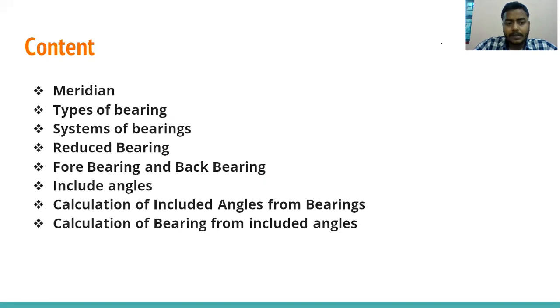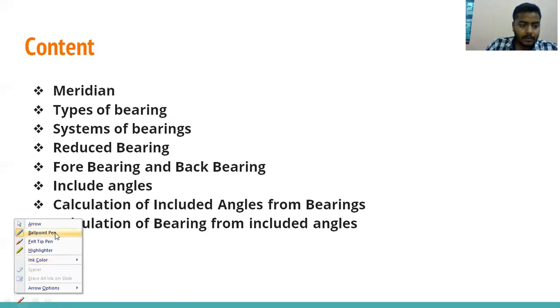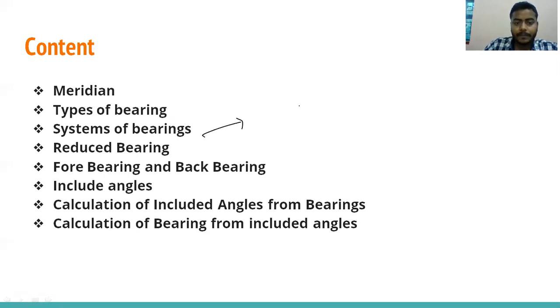There was a second method of system of bearings, the QB system. In short, we write Q.B., quadrantal bearing system. In the quadrantal bearing system, the angle varies from 0 to 90 degrees. In that, we take the angle from either north or south, which means the first letter would be north or south. Then the magnitude: what is the angle inclined with the south or north?